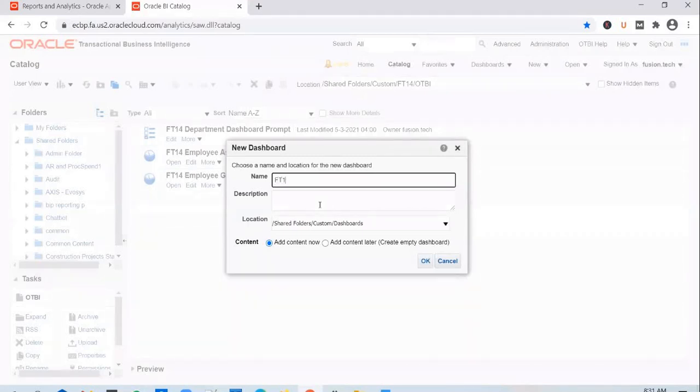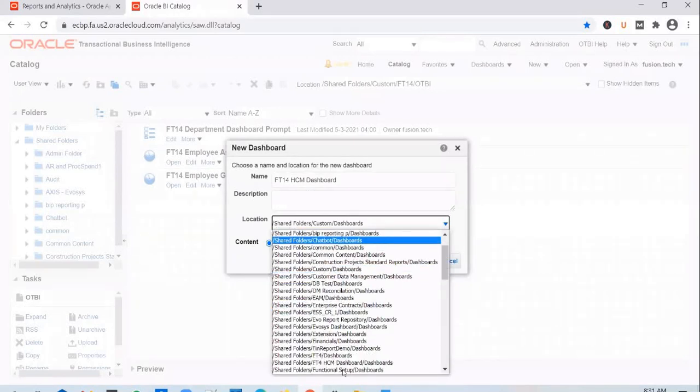You call it FT14 HCM dashboard. By default, whenever you create a dashboard, the BI server will try to place it in the dashboards folder in the root folder. So it's trying to place this dashboard under the dashboards folder in the custom folder. But I don't want to do that. Instead, I want to place it within the folder itself, so that if you want to refer to what we have built, it will be easy to locate.